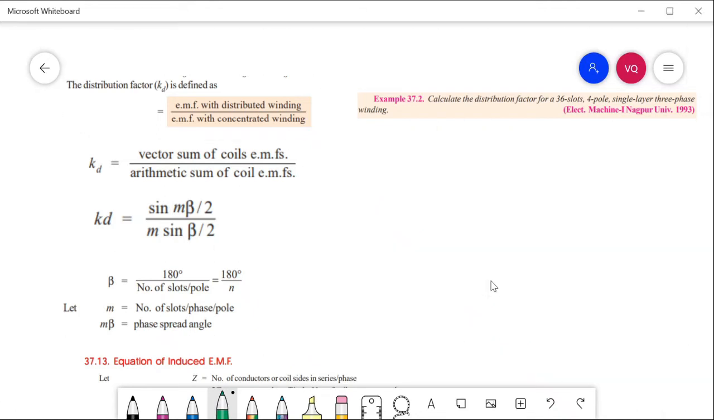We have here our next topic, which is the distribution factor KD. So we already finished the KP or the pitch factor. So distribution factor is defined as the EMF with